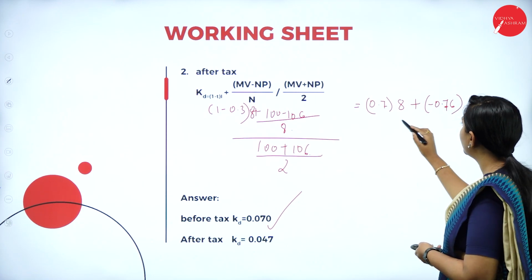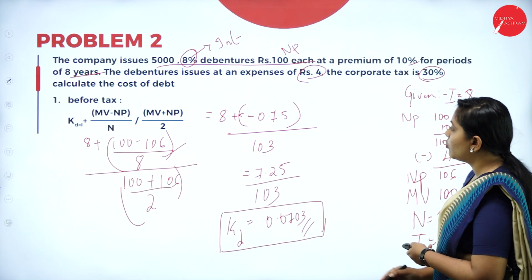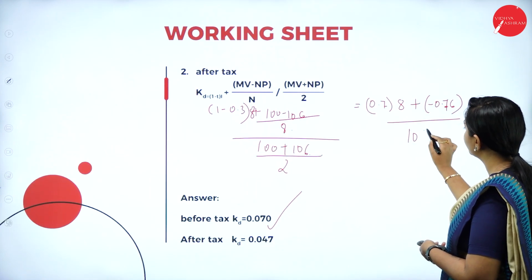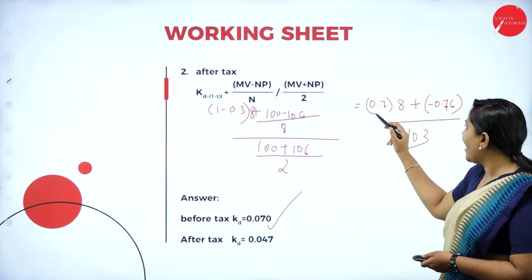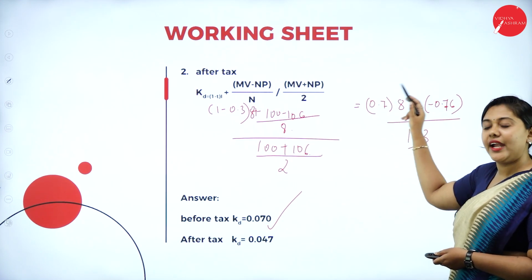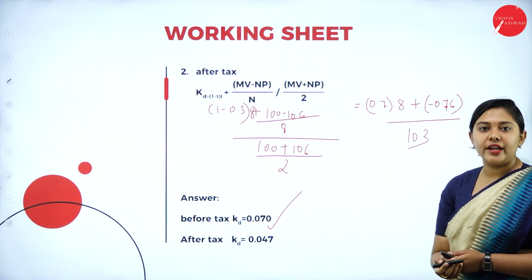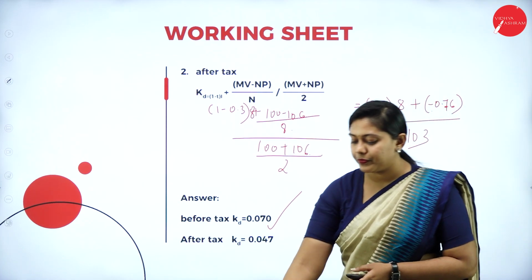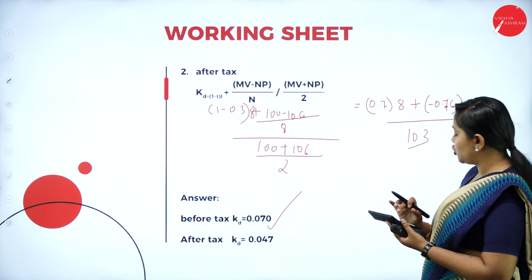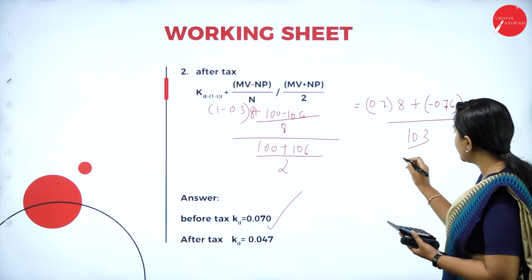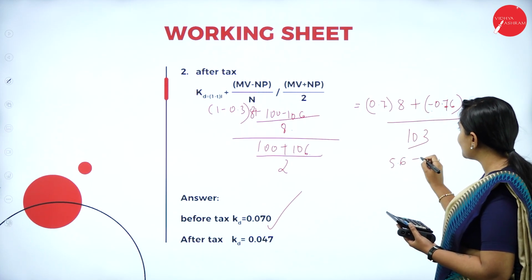Let's solve the denominator value. If we do that, it will be 103. Now let us multiply this number, tax, with interest, and then add the number to the numerator. Later we can divide it by 103. So 0.7 into 8, how much is it? 5.6 plus into minus, it is minus